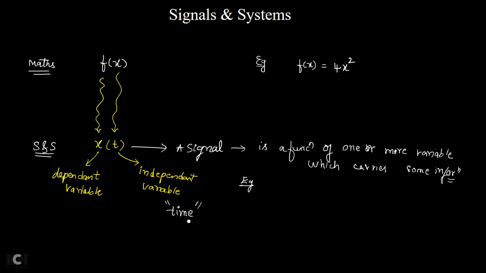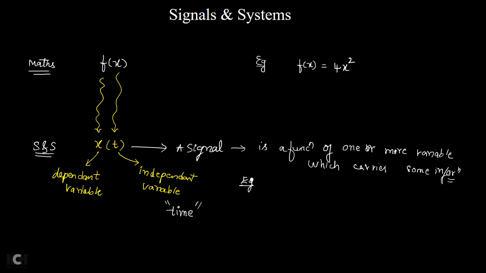Time is very important. That is why we use time as the variable on which our signal depends. In electricals and electronics, most of our signals depend on the variable time only. That is why we take the general notation for time. Instead of time, we take the variable name as small t. t represents time. So any electrical or electronic signal depends on the variable time, small t.